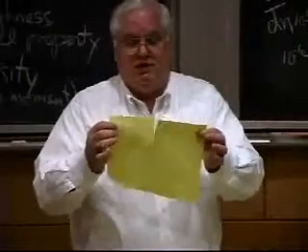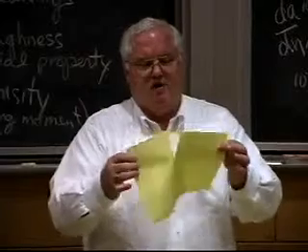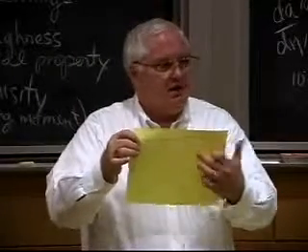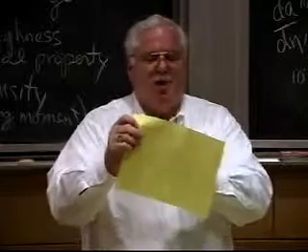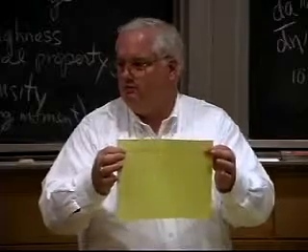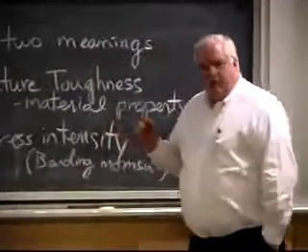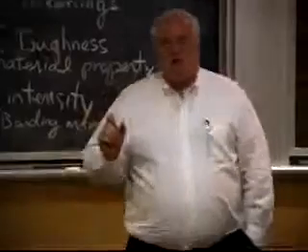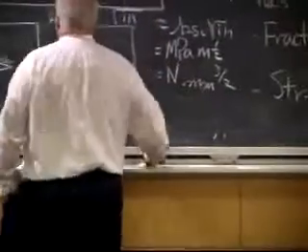What Griffith did, so he said, well, the nominal stress on the whole thing is a certain amount, but the stress right there at the tip is concentrated, right? And he calculated what the intensification of the stress is because I've got this lever arm pulling on it. Okay? So basically, K is a stress intensity. That's what Griffith calculated. And there are whole textbooks that do nothing more than calculate the stress intensity for different geometries. And I always put K is equal to, or almost always, sigma